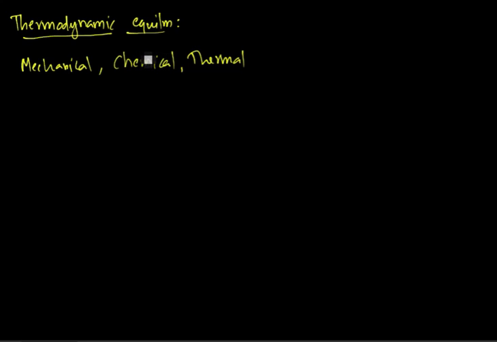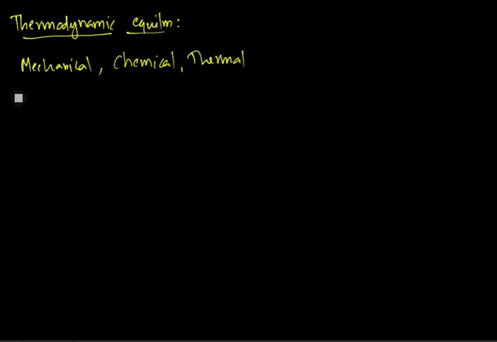If a system is in thermal equilibrium, there is no temperature difference between the system and surroundings, or between the two systems. But in thermodynamic equilibrium, the condition for mechanical equilibrium must be satisfied, the condition for chemical equilibrium must be satisfied, and the condition for thermal equilibrium must be satisfied. That means there will be no tendency for any change of the state of the system or surroundings, in any physical or chemical states.